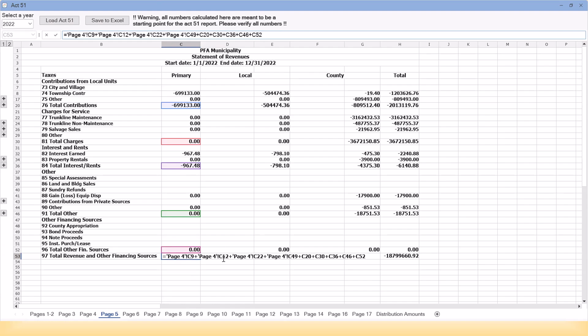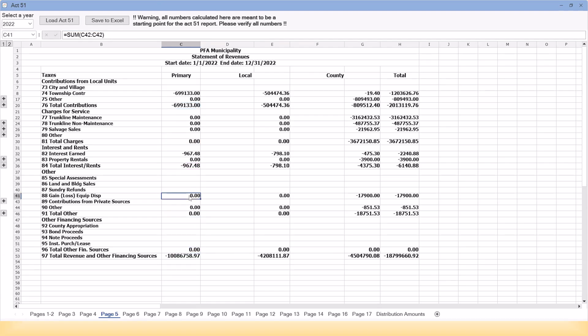So if you need to change something, you can just type in, let's say I want to change this one. I want to make that 100. It'll decrease this, but it's a revenue, so it should be a negative 100. So let's go negative 1,000, so it's a little easier to see the change. So this went up by 1,000. Actually went up by 500 because it's, so